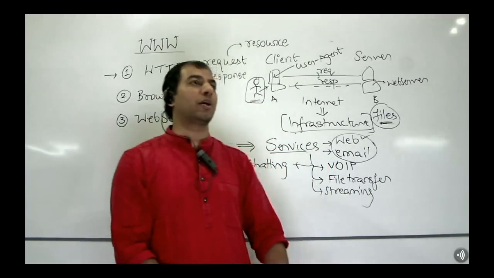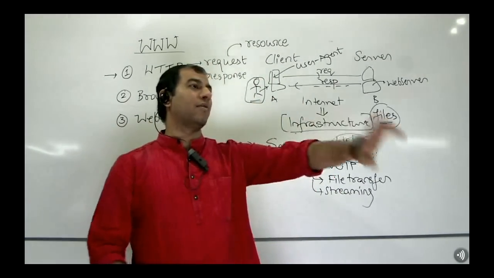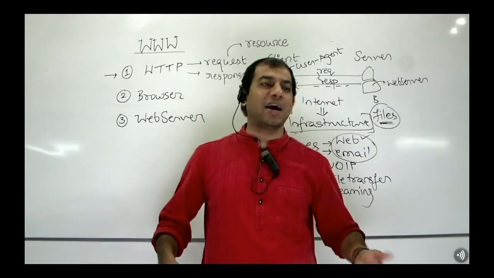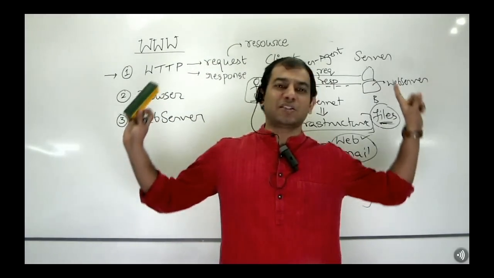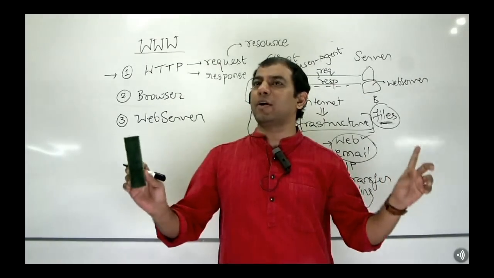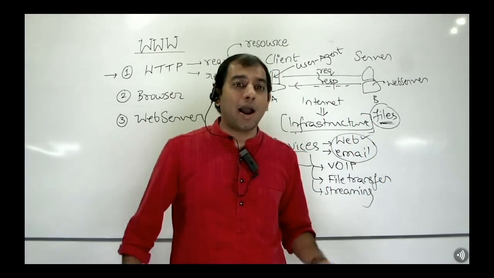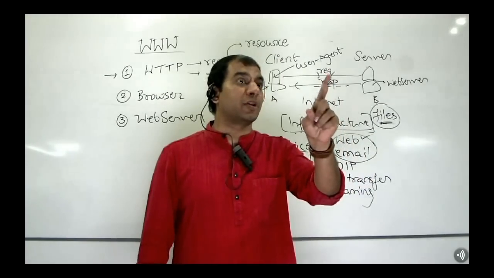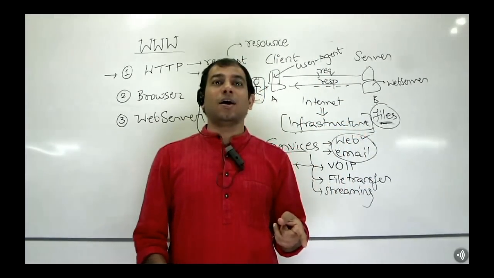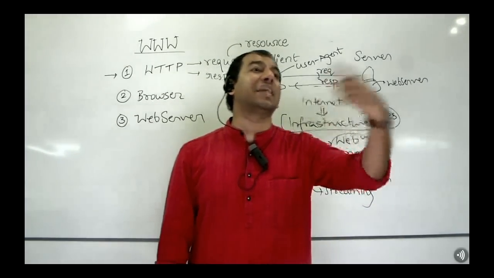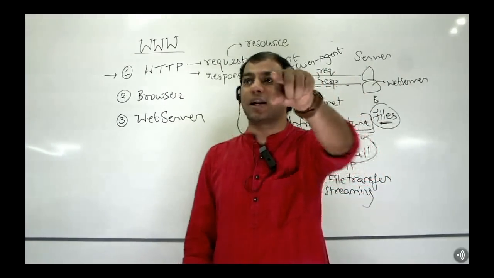Imagine you go to this hotel and you sit at the table and the waiter comes and asks you, what do you want? And you ask him, what is there? What do you want? Please tell what you want. If you tell me what you want, I will give it to you. Otherwise, I will not entertain you at all. Then you say, no man, I want to know what you serve in your order. That's ridiculous. Only when you know what the server can serve can you make a request for a particular resource, isn't it?